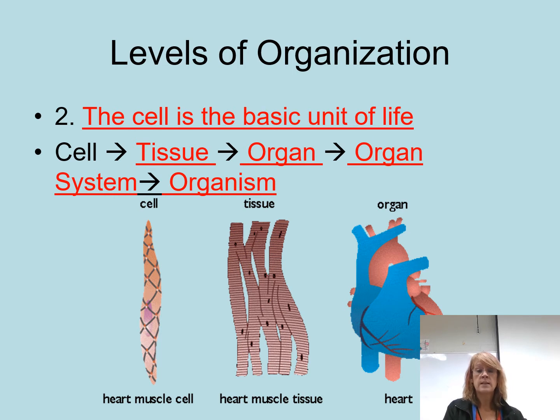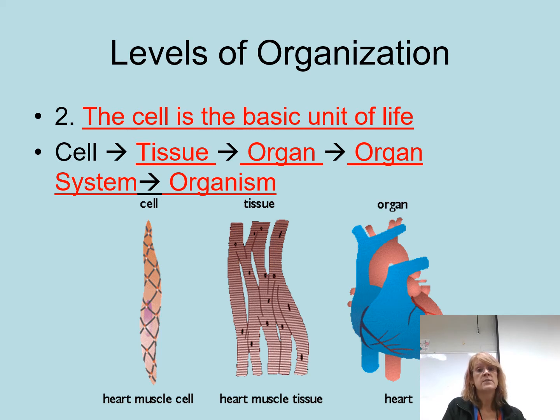When you have groups of cells working together to perform a common function, we call that a tissue. So for example, in humans, we have trillions of cells. Well, those cells will basically form clubs, and they'll work together, and that forms our 4 kinds of tissues. In humans, we have what's called epithelial tissue, which are membranes, connective tissue, things like blood, bone, cartilage. We have nervous tissue, and we have muscle tissue. So of all those trillions of cells we have in our body, they come together to form one of 4 kinds of tissues. So by definition, tissues are groups of cells that work together to perform a common function.